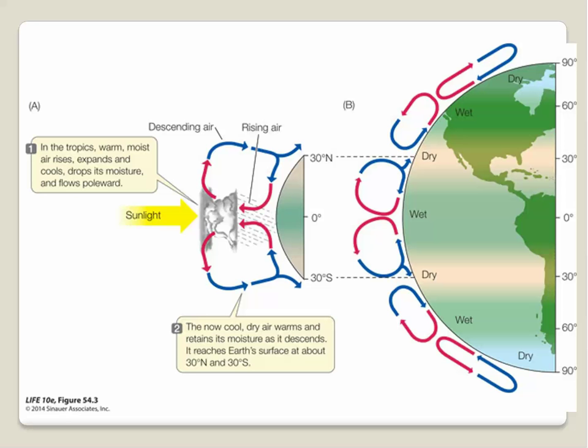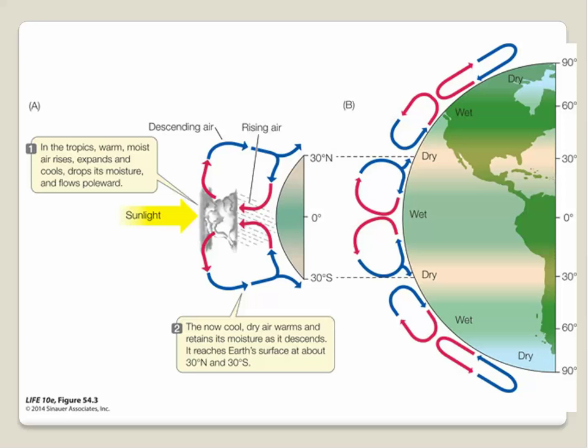But it is not rising into a vacuum. It's displacing air as it rises, air that went up previous to that. And this is because this is the maximum area of solar radiation. That displaced air can move to the north and to the south, and it slowly descends. As it descends,